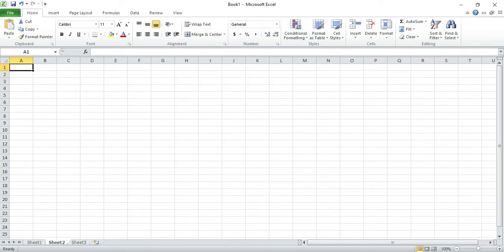Welcome, grade 5. Today I'm explaining to you how to work on MS Excel and why we use MS Excel. We use MS Excel for calculations, and these are called the cells, and this whole sheet is called the spreadsheet, and we can add as many worksheets as we want to add. There is a book name. This is the name of your spreadsheet. You will write any particular name, whatever name you want to write.